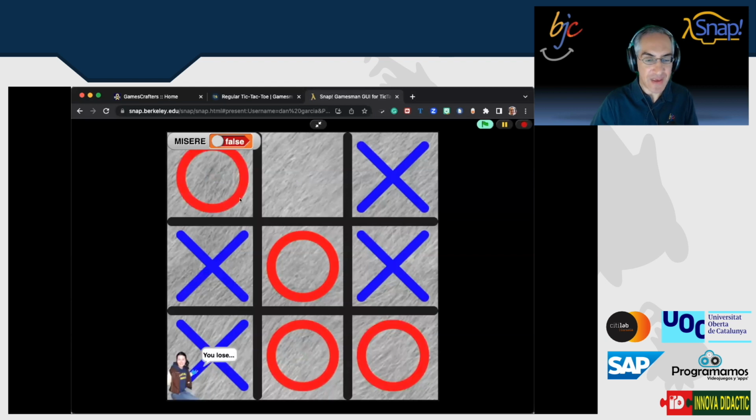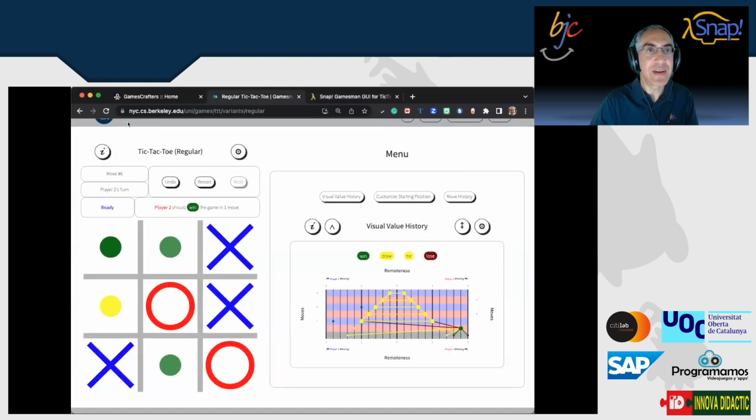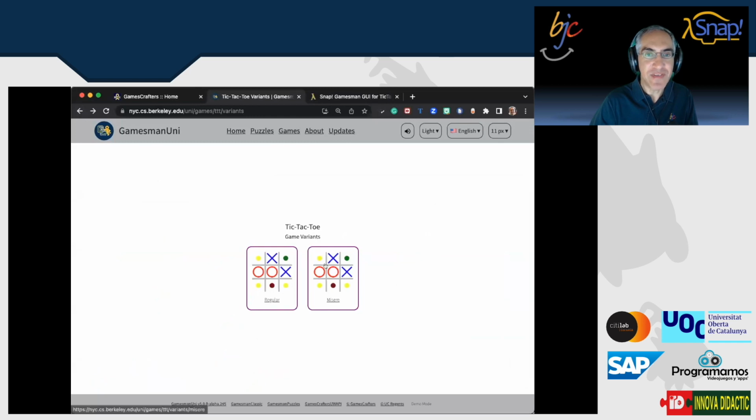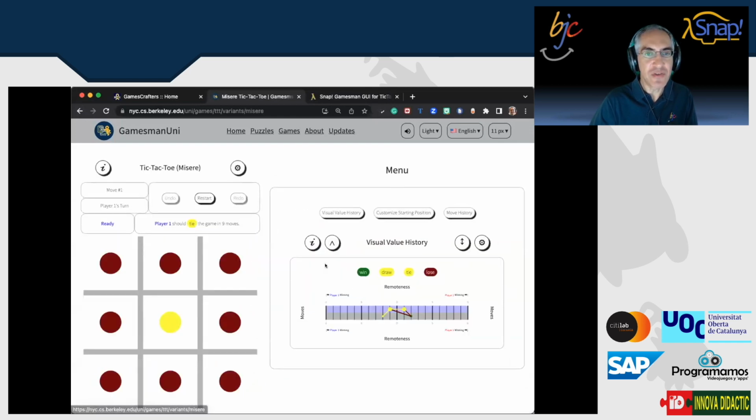Now, what's fun about this game, I still have a minute or so, is that if I go back to this, you can play the Misère version of this. And the Misère version is where 3 in a row loses. This is a fascinating game. It breathes new life into this game. So it means that if you play 3 in a row, you'll lose this game. If you're going first, it's harder to avoid 3 in a row because you have 5 pieces to play. O only has 4 pieces to play. The only way of doing that is by moving in the middle in perfect play. You can play against your friend and still win out here if they mess up. But in perfect play, the only way to do this is to go in the middle.